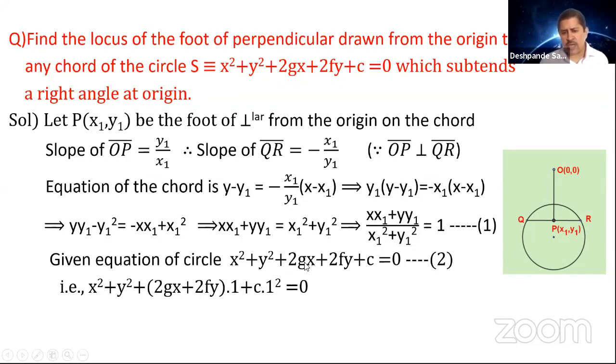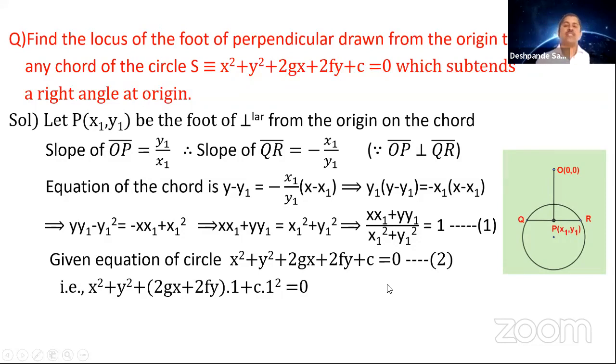Now because you got a single degree term here, also a single degree term here, you club the 2gx and 2fy into 1. Separately, we can write 1 here and 1 here, or commonly you can write it. If you wish, you can write it separately. It doesn't make a difference. So it is (2gx plus 2fy) into 1. Now c is not having any variable, so you are going to put 1 square. So what is it you ensure from this? You put this value 1 here and make this equation 2 a homogeneous equation.